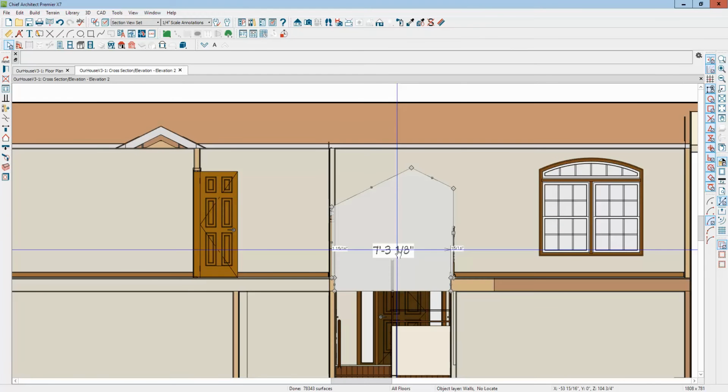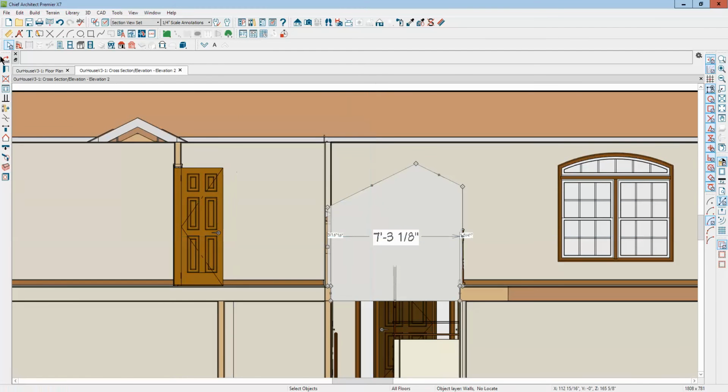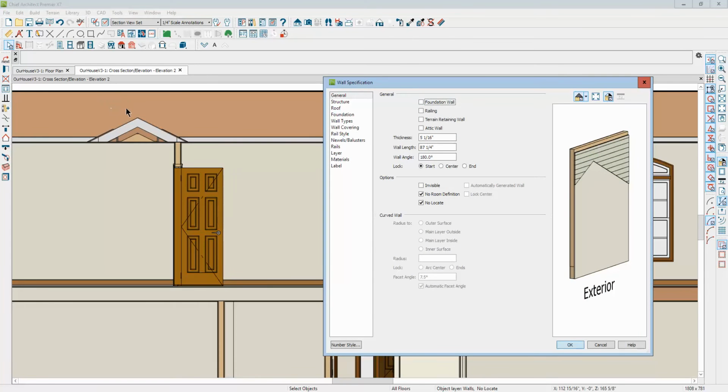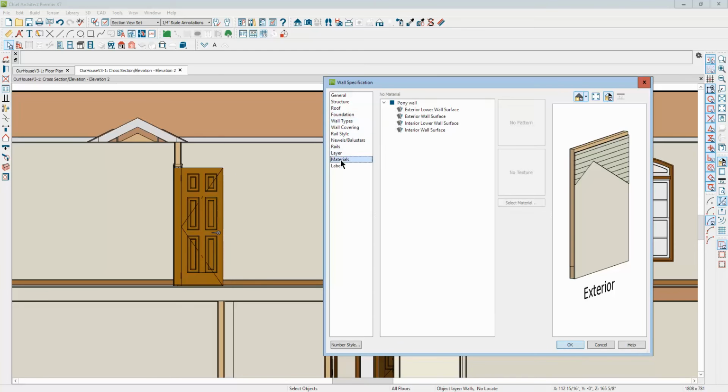But what we'll do is we'll click on the wall polyline. Yeah, okay, there's the part we want to have. Okay, I'm going to take this lower part. Oh, I see that. You want this upper section, this lower section. What is it? A pony wall? Oh, it is a pony wall. Okay, that's good. I guess you did that. I didn't do that. I'm going to take this lower pony wall and go over here to the Materials tab,